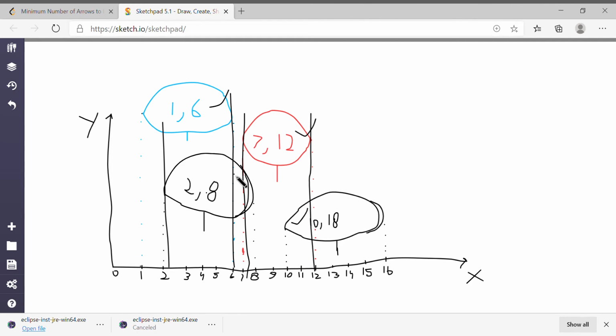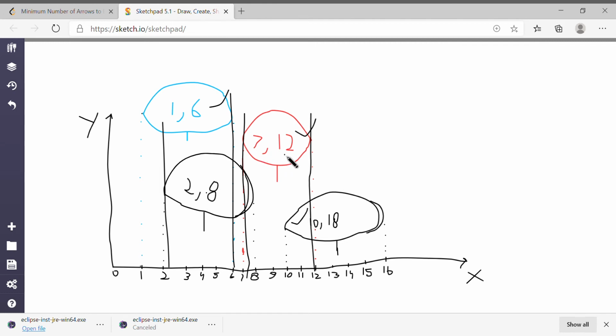So in that scenario, what we need to do first is sort all the given intervals. If you see 1 to 6 and another is 2 to 8, it means 6 is greater than 2. So the intersection will be the maximum of 2 and 1, which is 2, and the minimum of 6 and 8, which is 6. So 2 to 6 is one intersection. Again, whatever result we get, we compare with 7 and 12, and 7 is more than 6, so one intersection is 2 to 6, another is 7 to 12.